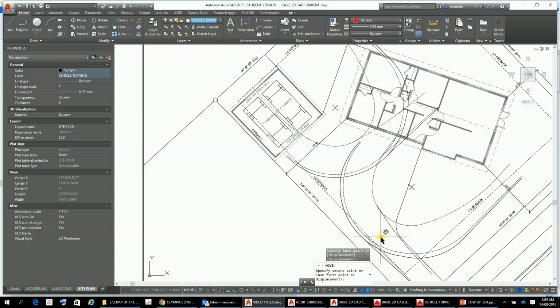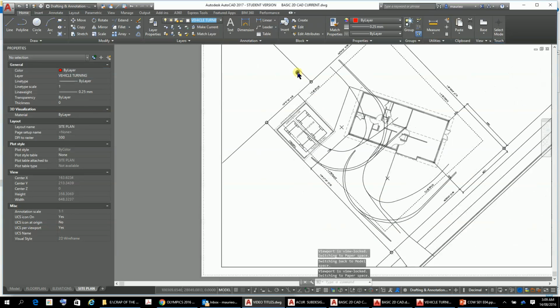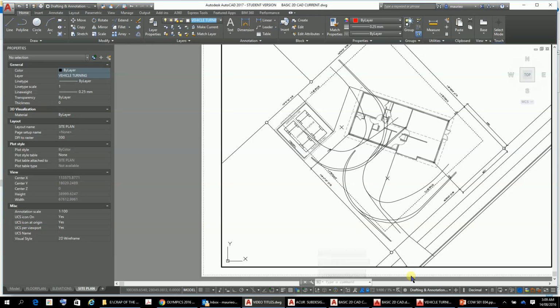Just move it out this way a little bit. Yeah, I think that's all good. Like so. So we can get our track coming down there like that. So now I'm going to use my isolate command here to flick into here,